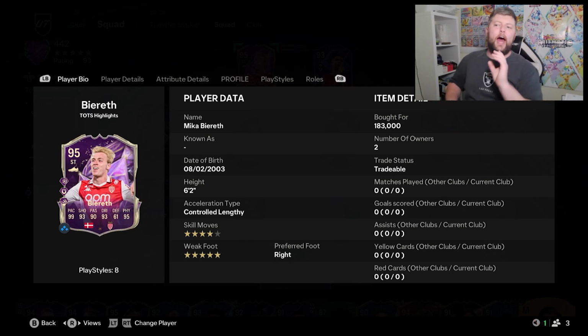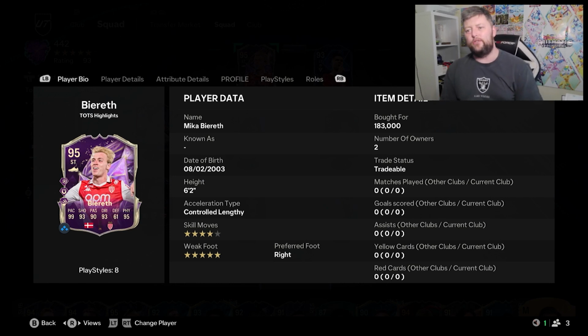So today we are looking at Mika. He is the team of the season highlights, which to be honest, I do enjoy. It takes me back to the international man of the matches. If you're old enough, you know what FIFA that's from. But in general, we've got 172,000, 183 give or take, 4-star, 5-star striker at 95 rated, one of the highest